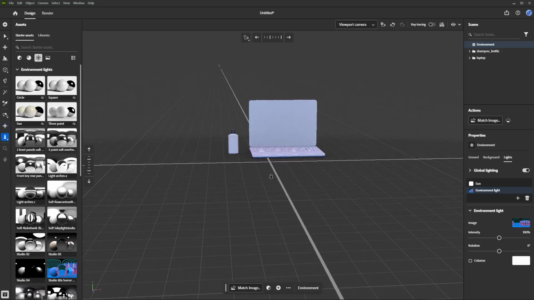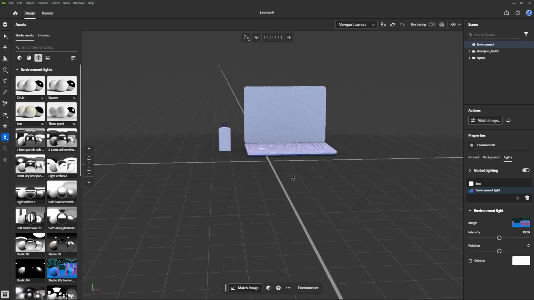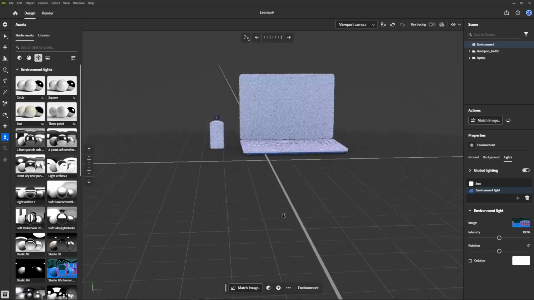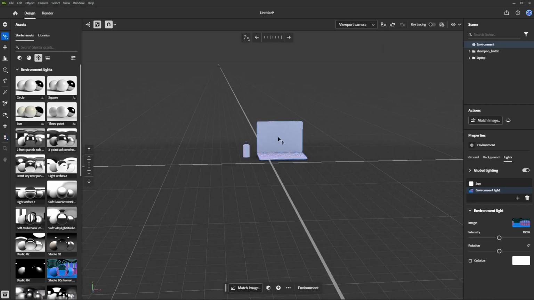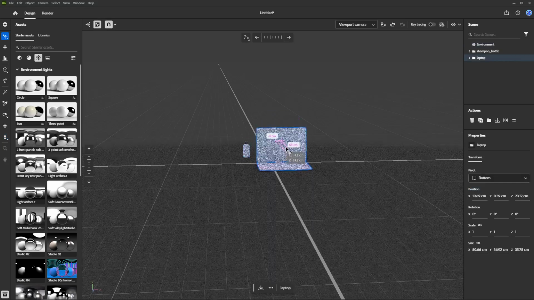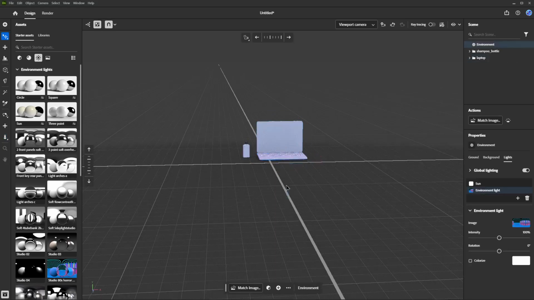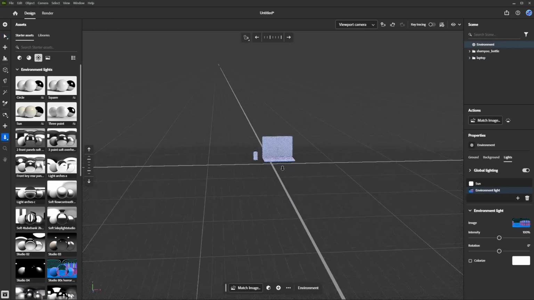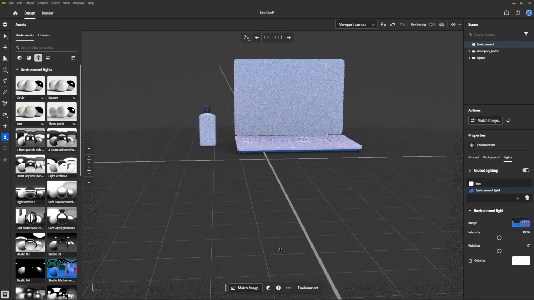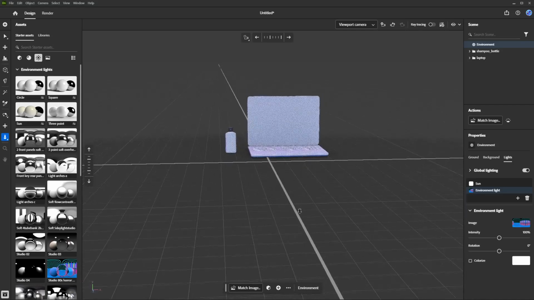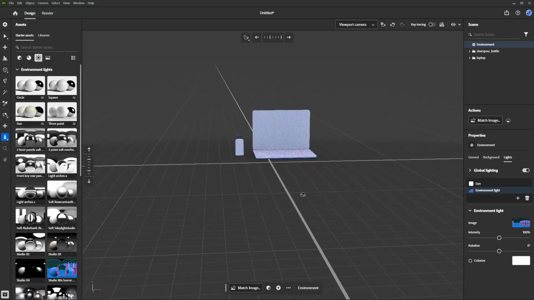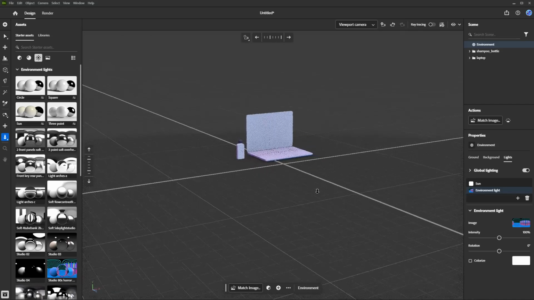Now, let's talk about dollying. Dollying is akin to moving closer to or farther away from your subject by zooming in a 3D space. It's different from a zoom function you might be familiar with because it doesn't just magnify. It actually shifts your perspective deeper or further out in the virtual scene. You can activate Dolly in a couple of ways, either by pressing the number 3 on your keyboard and using the scroll wheel, or by holding the right mouse button along with a modifier key while dragging. This flexibility makes it easy to zero in on those tiny details or broaden your view to see the whole